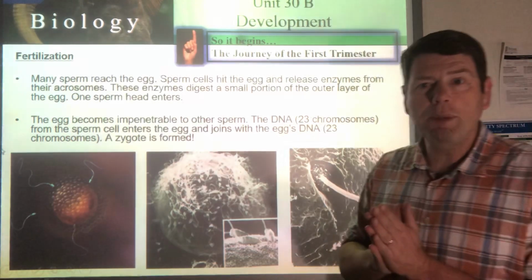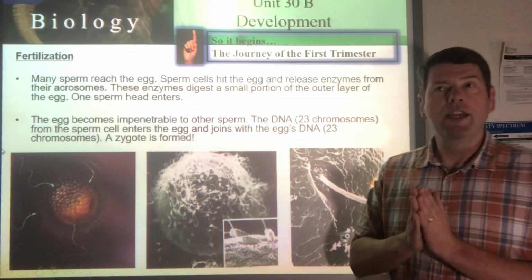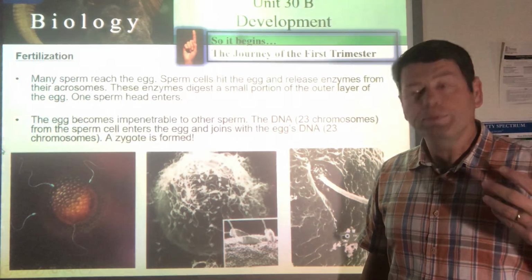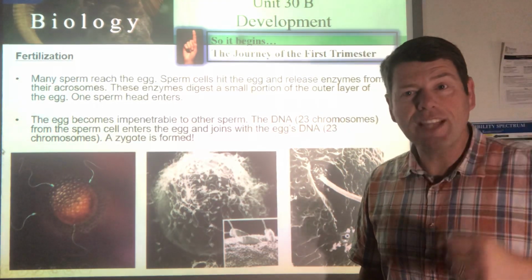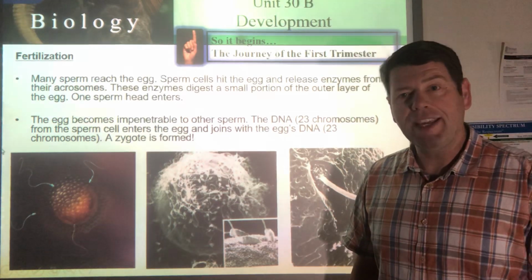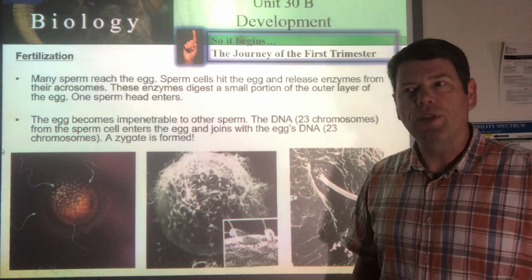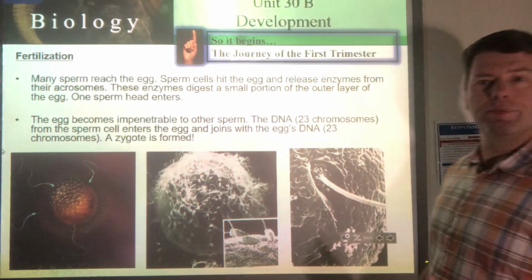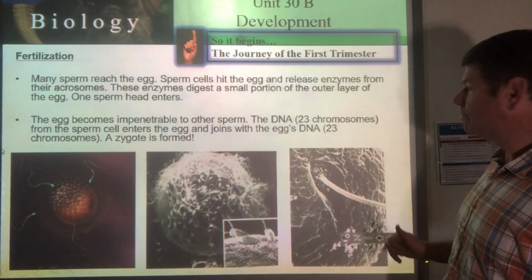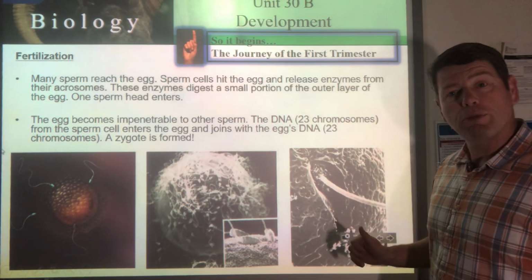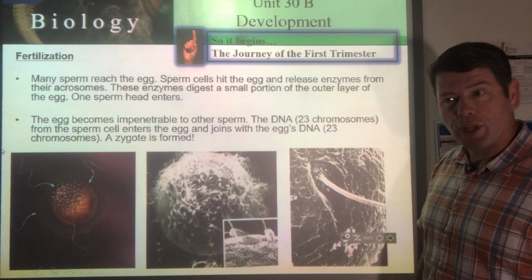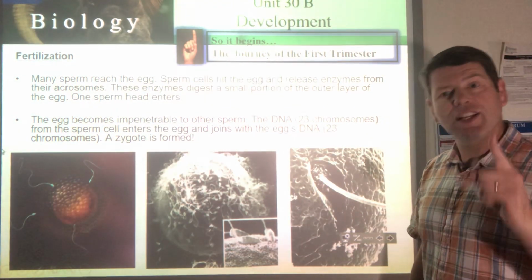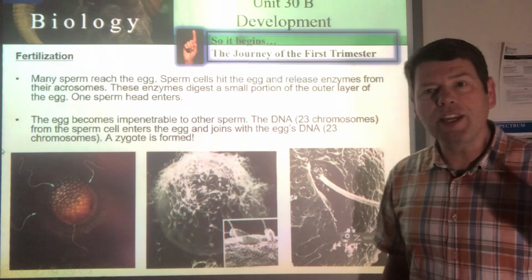Remember, guys, we talked about the head of the sperm, which contains the acrosome, and the acrosome contains those enzymes that enable the sperm to enter the egg, and it's only one sperm, so there isn't excess DNA that enters. In terms of our chromosome count, remember the sperm is carrying 23 chromosomes. The egg has 23 chromosomes. So when we get that first single cell, which we're going to call the zygote, we've got to figure out